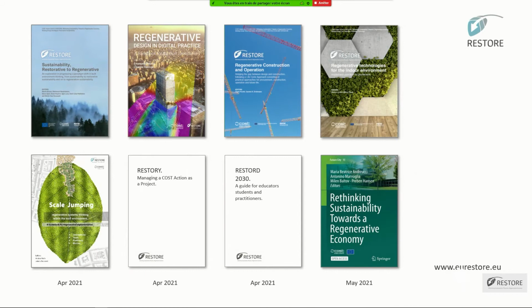Each one of these work groups produced a booklet. These booklets and all the production that was published inside the Restore program are available on the Restore website, so don't hesitate to take a look and to download these documents. They are very rich, so we have one for each working group.